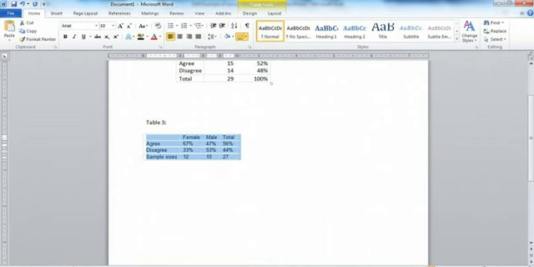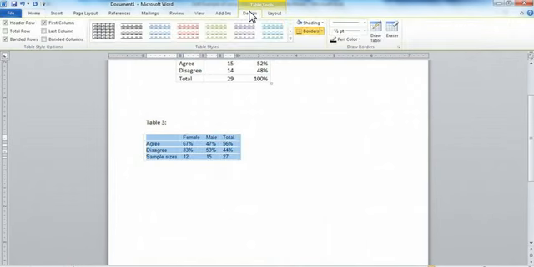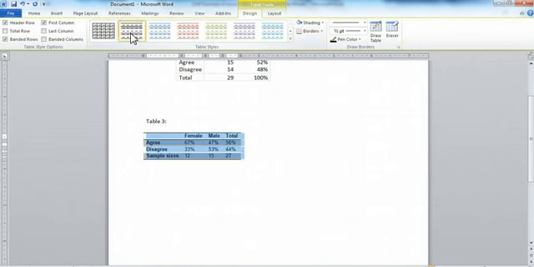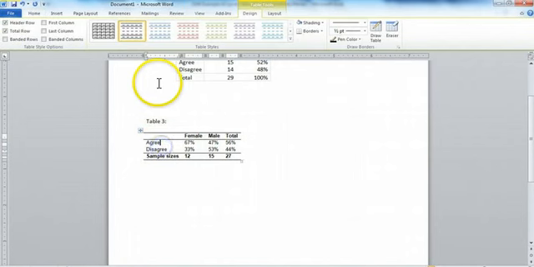And then I can also, in table tools, go to the design, and I'm going to click this design, light shading. I want the header row to be highlighted with lines underneath, but not the first column. I don't want banded rows, but I do want a total row. So again, under the table tools, I chose the header row and the total row, so they would be highlighted, and there would be lines above and below them. I clicked on that formatting to make it a little bit